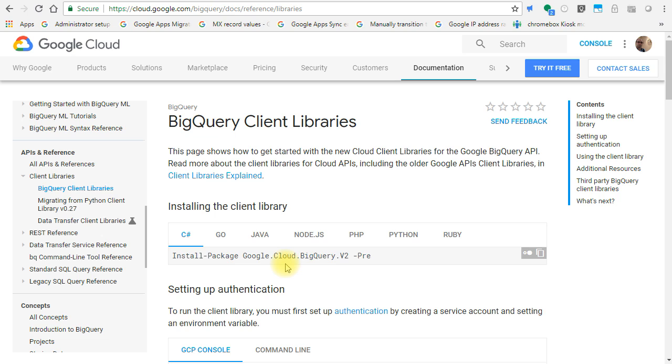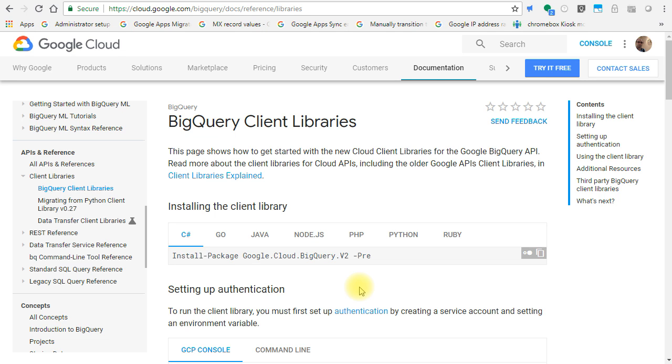Now, talking about the authentication, and because this is the first step that you actually have to do, I want to walk you through the service account creation and setup, because it's not something you actually do from your application. You have to go to the Cloud Console, and from there you create the service account. And the process of creating a service account itself is not complicated at all. All you have to do is create the service account, enable the required API to this service account, and then